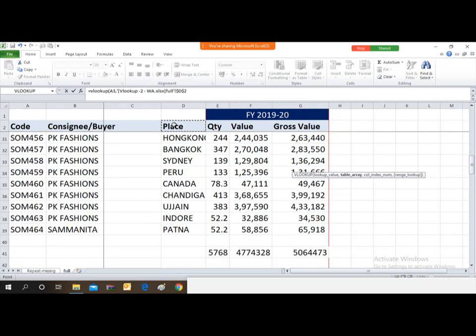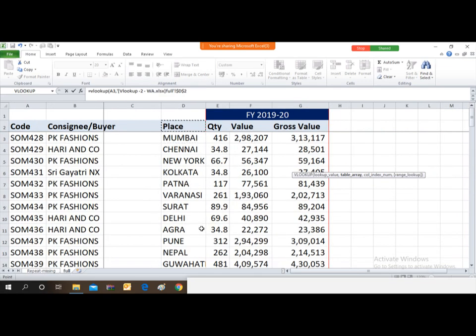So here, friends, I want to take these values, the quantity and the value column, that is the amount for which this quantity has been purchased, and the gross value of the amount, that is inclusive of taxes and the cost price. So all these three columns I want to be reflected in my consolidated file.